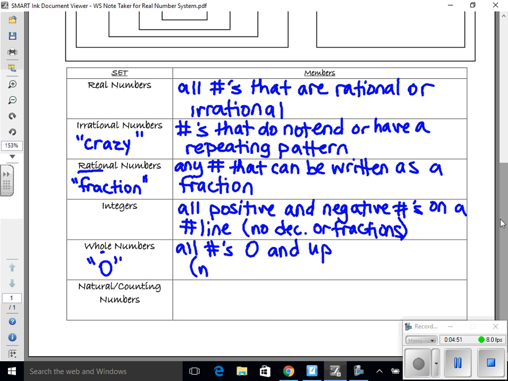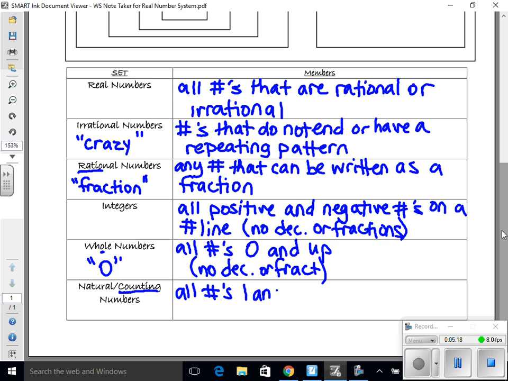And once again, no decimals or fractions. And then the last and smallest category are your natural numbers, also known as your counting numbers. When you first learned to count, right, you started counting 1, 2, 3, 4, 5. All right, that's why they are known as your counting numbers. And they are your natural numbers because we naturally start with them. So these are all numbers